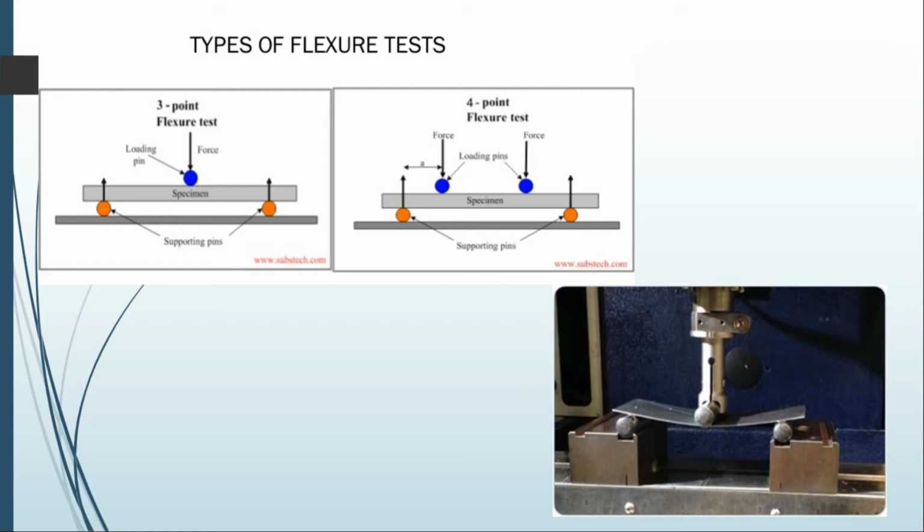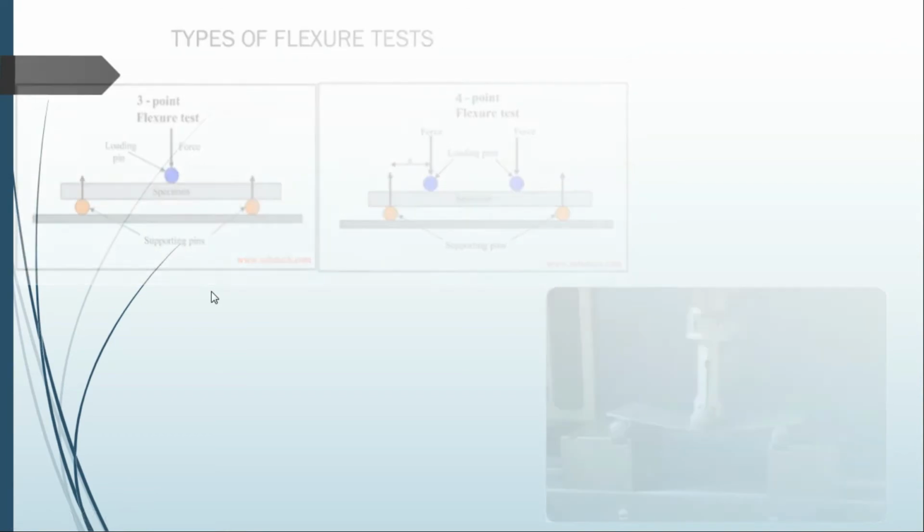And moreover, for welding portions, we will subject our specimen to the 3-point and 4-point bending test to check the weld integrity and quality, whether they have a defect or are defect free. This is the experimental setup, how it looks like. The space between these two rollers, and from this roller to this roller, we should follow the ASTM standard only. You cannot blindly follow anything.